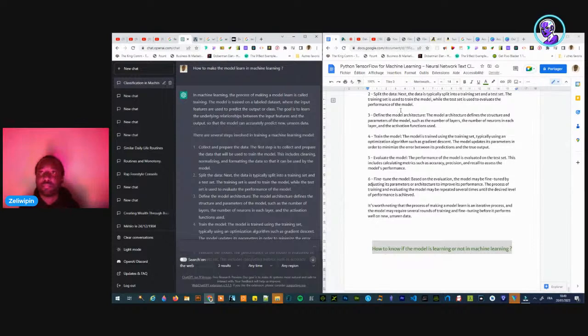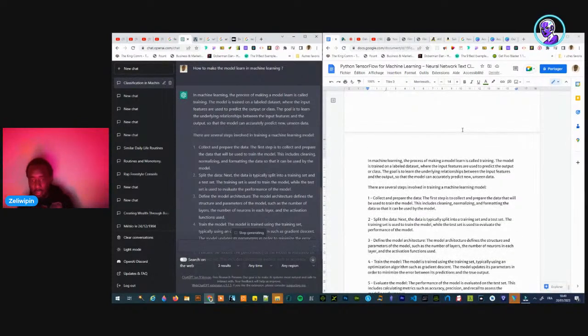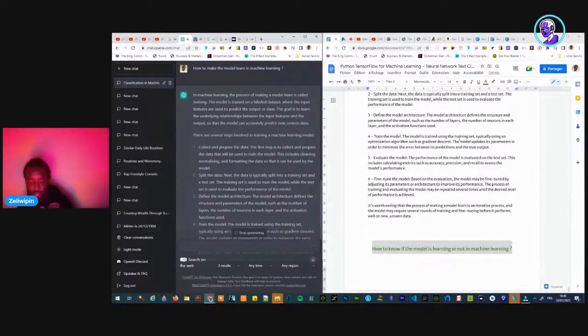Okay, to train the model: collect the data, split the data, define the model architecture, train the model, evaluate the model, fine tune the model. Six steps. Okay, six steps.